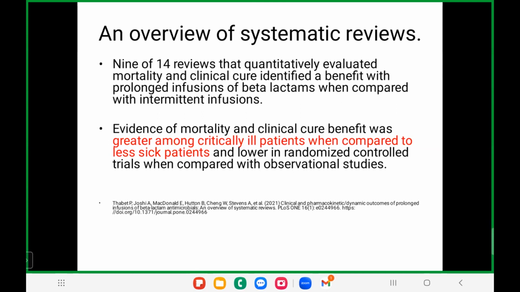So that is the important point to remember when you're giving a prolonged infusion. Because I told you to give prolonged infusion, many people will start with a prolonged infusion, and if you don't give the initial dose quickly, the child can worsen in a sick state. So that's why for any sick child, give the first dose as a bolus, the rest of the dose slowly, and the remaining doses as an infusion.